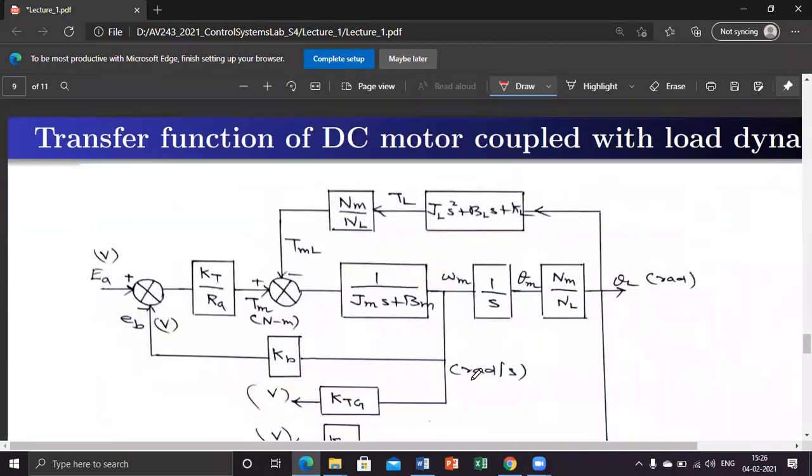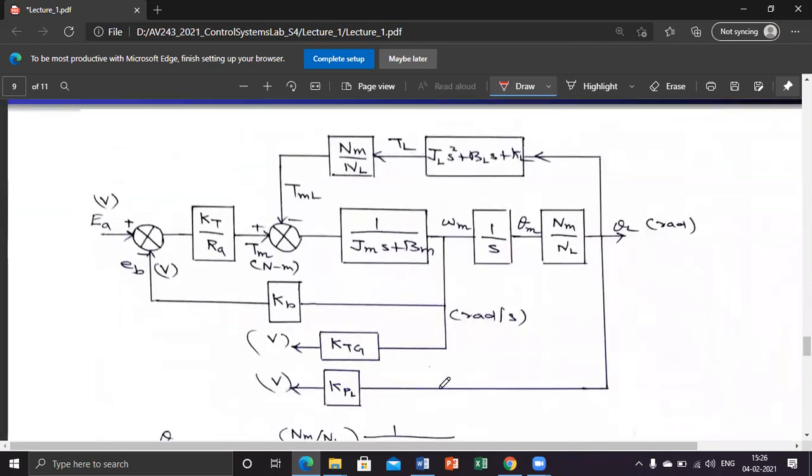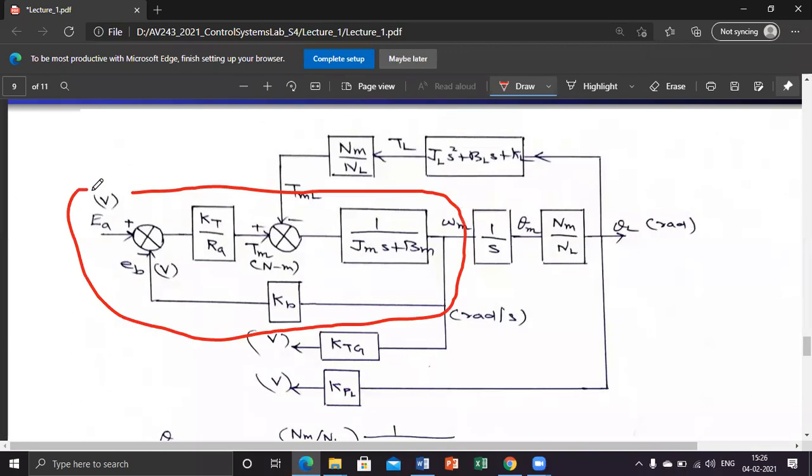Let us now go to this combined diagram. This diagram is an extension of our previous diagram. In the previous diagram we considered only this much portion. There is a motor alone, you remember. This much alone we considered, and using this only I derived the speed torque characteristics of the motor. Now what I am going to do is attach a gear, and the gear is an interface between load and the motor.